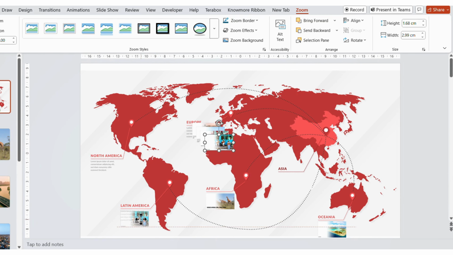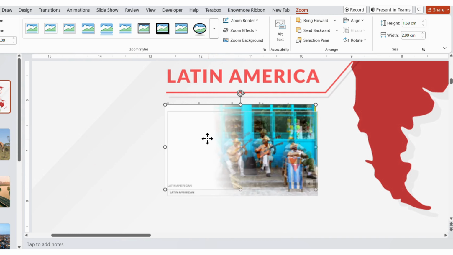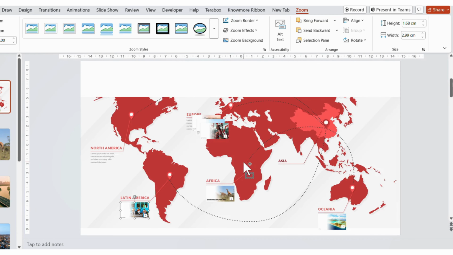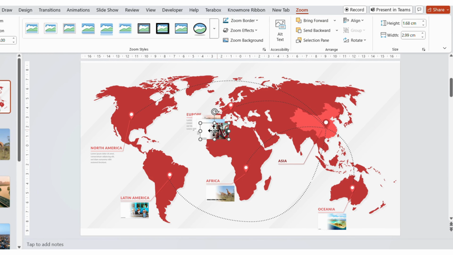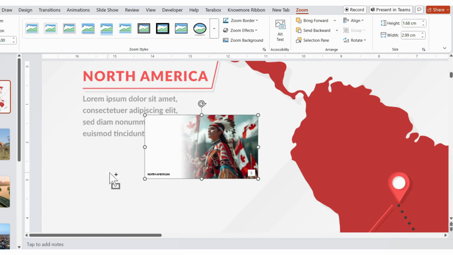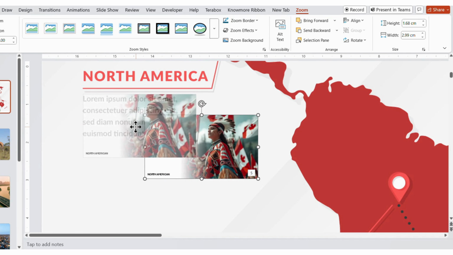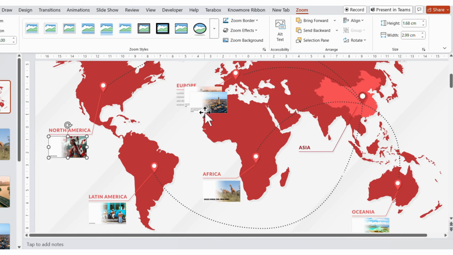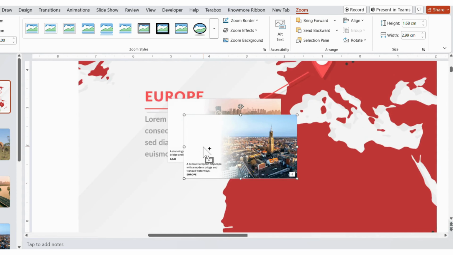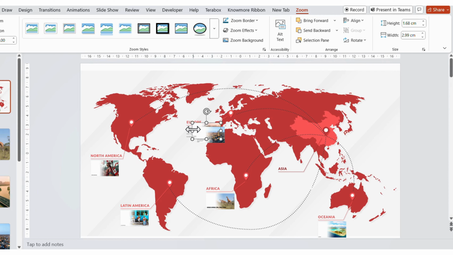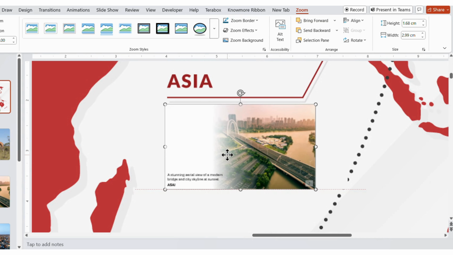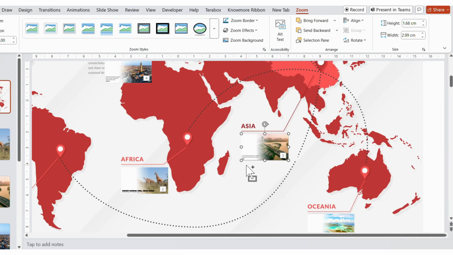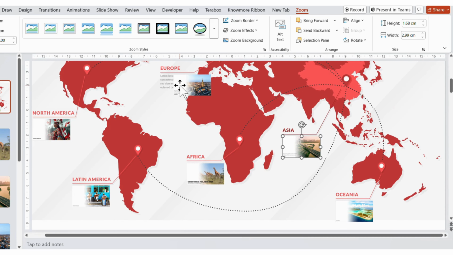Latin America. Then adjust the slide. Again, go to North America. Adjust the slide to the required position. Then for the Europe and Asia, adjust it. For Europe, we will